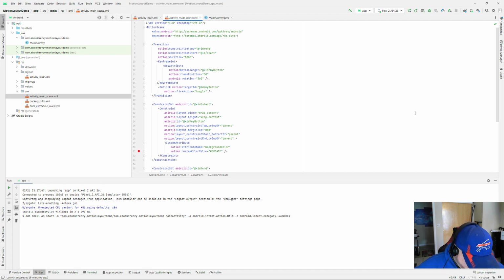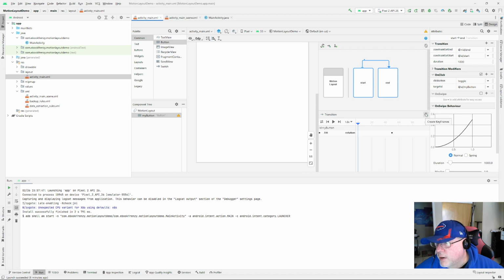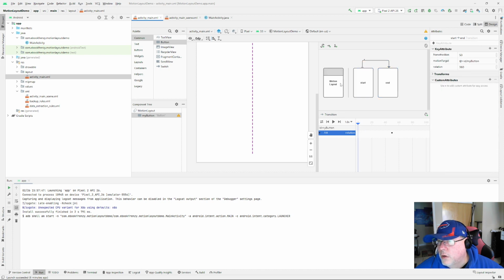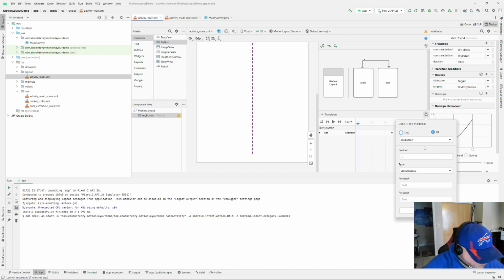And all you're doing here is, we have to make some keyframes, so we have to go back into our activity main XML. And what we're going to be doing is looking at our transition and clicking this, create keyframes. So you see I clicked on that. I'll just get back to where I was. Here. So I click that, and what I want to do is set up a key position, and we're going to set it about 25% of the page. And so basically for my button, the position, I'm going to put 25 for here, and it's going to be parent relative,